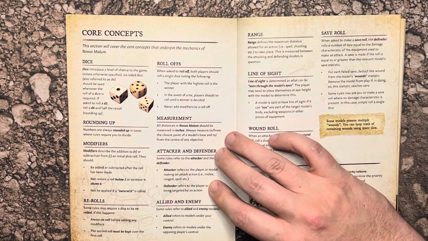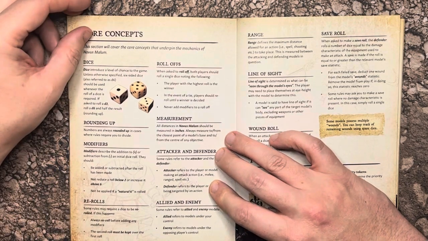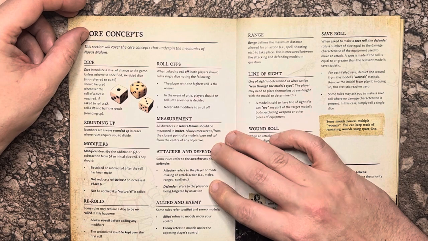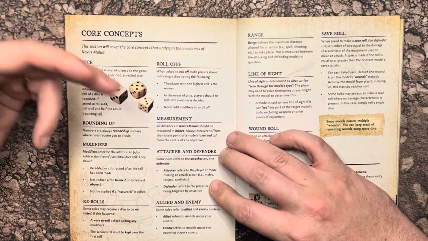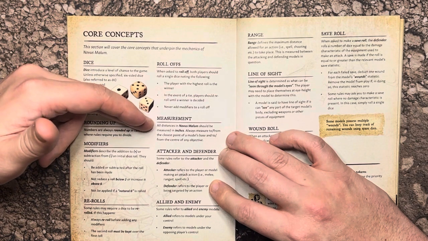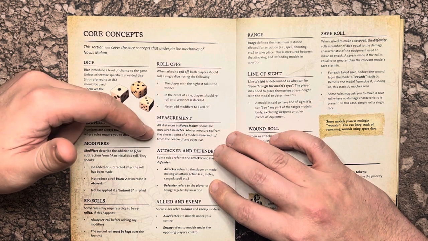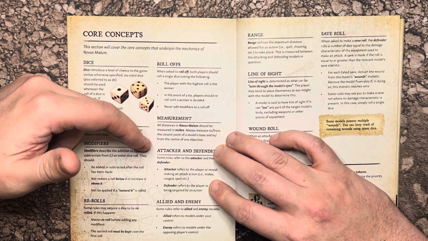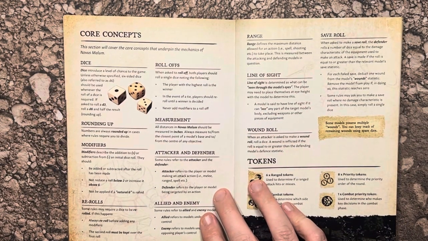Rerolls, so if you fail a result and you have an ability to re-roll it, if you do so, you always take the re-roll result. Roll-offs, so that's, yeah, we know that. Measurements in inches. Always measure to and from the closest point of a model's base and to/from the center of any objective. Okay, attacker and defender, allied and enemy,